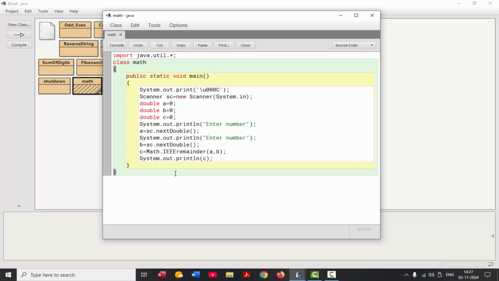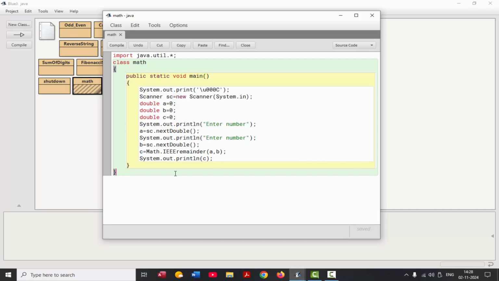Suppose if I enter the value of a as 5 and the value of b as 2, then it will return 1, because c will be equal to 5 modulus 2,